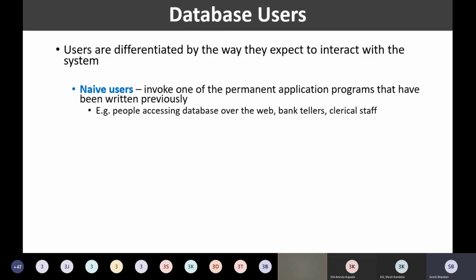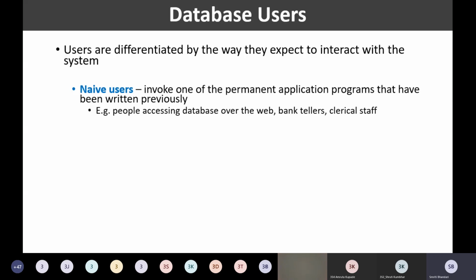So what do we mean by those kinds of users? Those are in fact the end users of the system. These are unsophisticated users and they interact with our database system by invoking one of the permanent application programs that have been written previously.